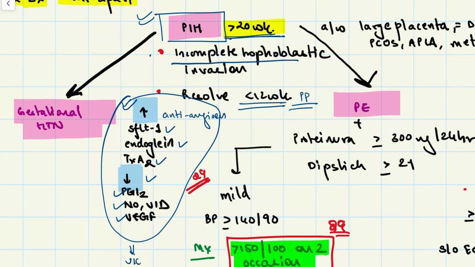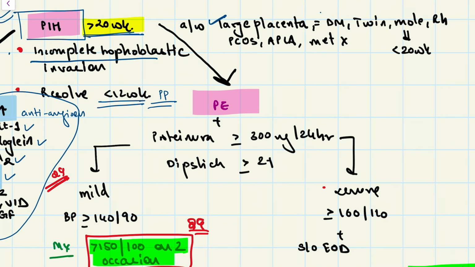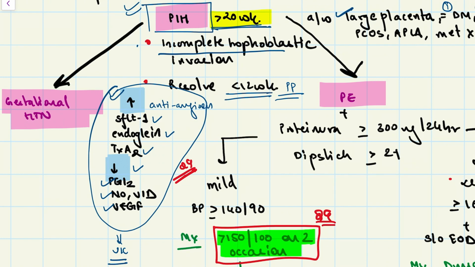Now, pregnancy-induced hypertension is associated with a large placenta, that is placentomegaly, which can be seen in diabetes, twin pregnancy, a molar pregnancy and an Rh negative pregnancy. In a molar pregnancy, the preeclampsia may be early onset preeclampsia, that is, it may have an onset before 20 weeks. Now, if there is merely increase in BP